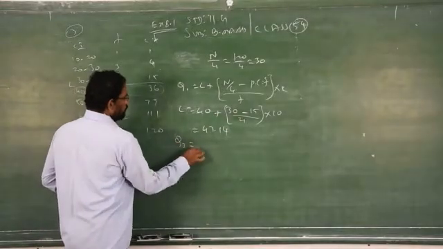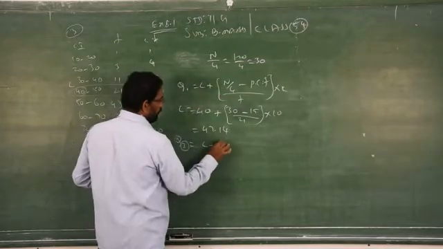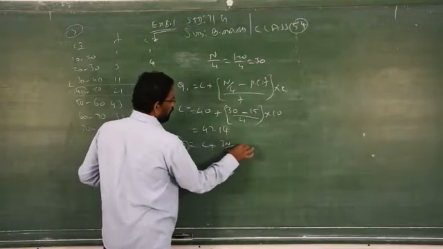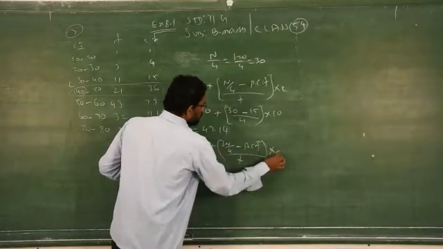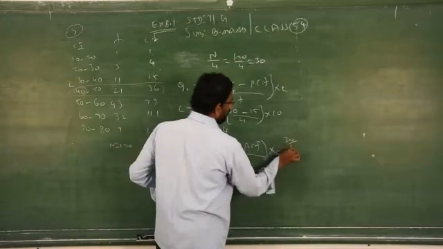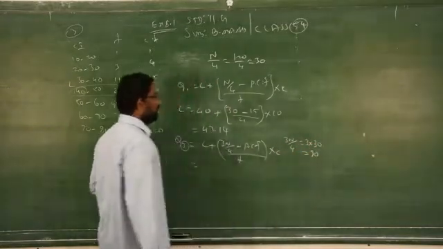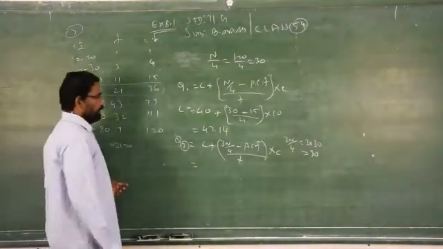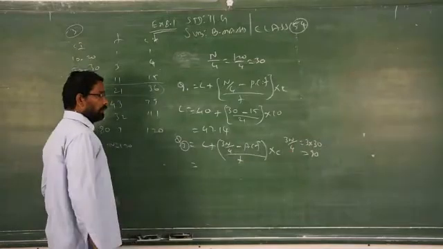Similarly, you can find Q3. L plus, Q3 means you have to multiply this by what? 3n by 4 minus PCF by frequency into C. That is 3n by 4. What is 3n by 4? n by 4 is 30. Therefore, it becomes 3 into 30, 90. n by 4 we found already 30.